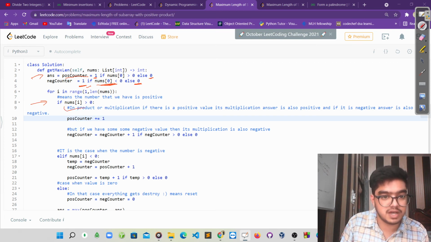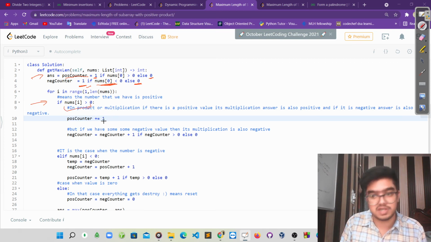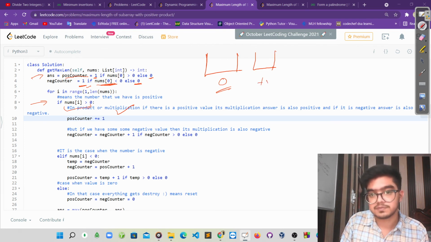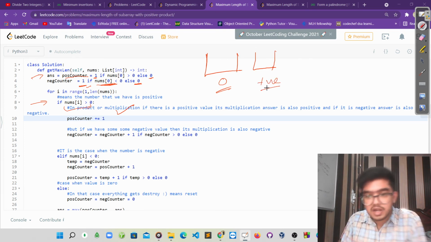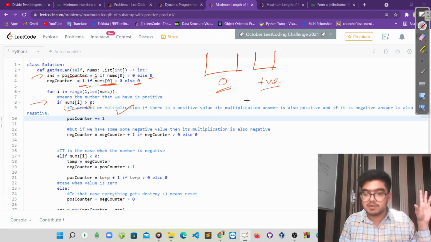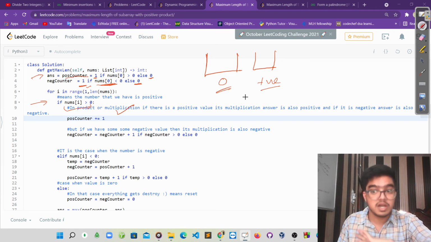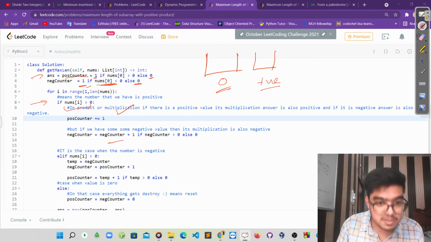If the number we have is positive, we simply increment the positive counter, and we check if there is no negative counter and we get a positive counter. We can't make a part of a negative counter because we don't get any negative counter, and this positive counter should not increase our negative counter.